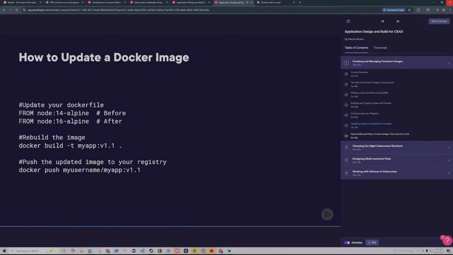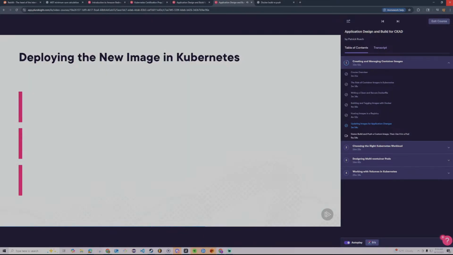After rebuilding the image, push it to your container registry, for example Docker Hub, with the docker push command. This ensures the updated image is available for Kubernetes to use. Once your image is updated and pushed to the registry, you can update your Kubernetes deployment to use the new